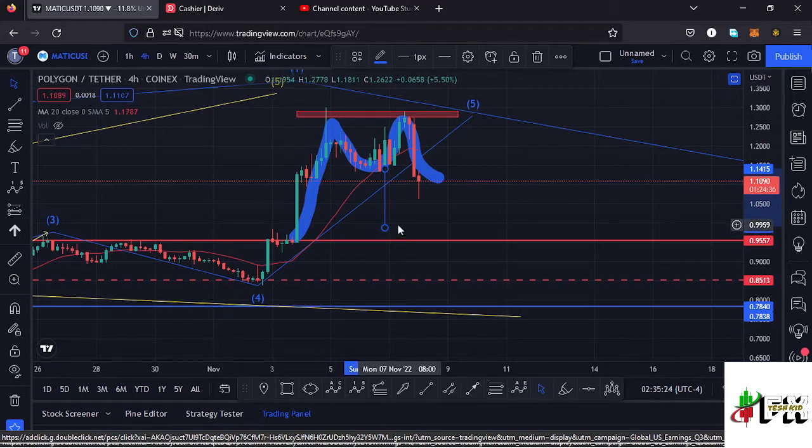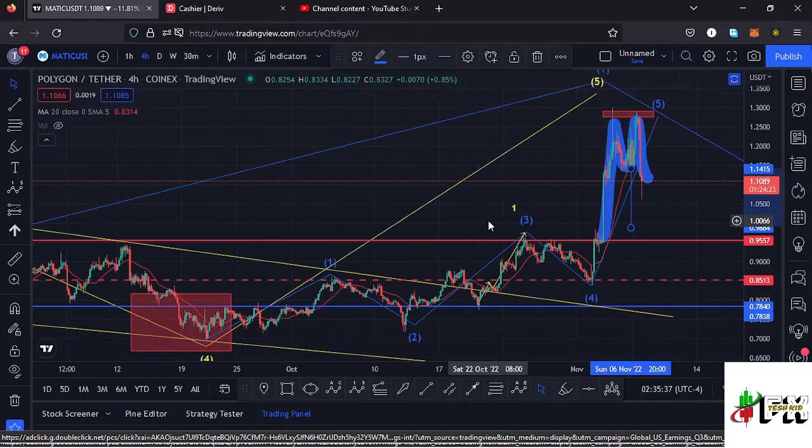So there is a possibility that Polygon Matic might continue seeing lower prices, and we might see a breakout out of this double top, and that could take us back to around the $0.98 mark, which is below the $1 mark. And also zooming in,